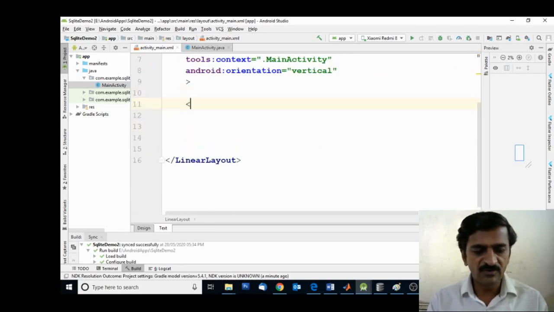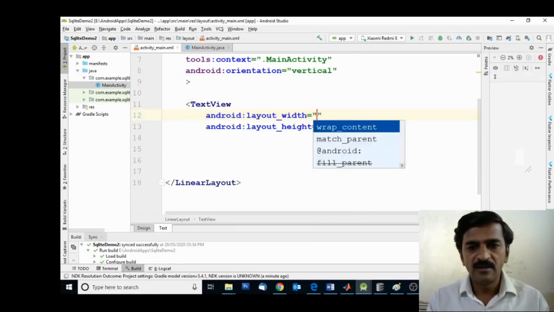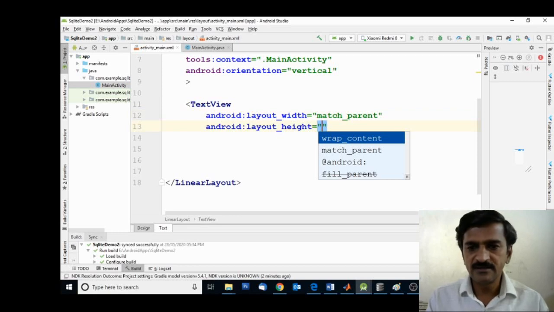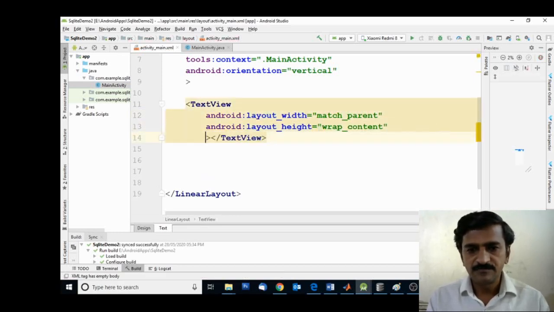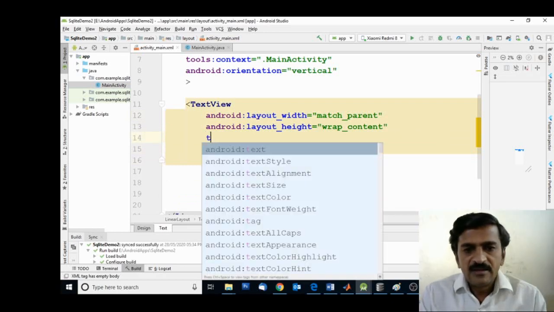First I'm going to create one text view and specify a title of this app, that is creating SQLite database demo. Under layout, match parent, then height wrap content, then text.